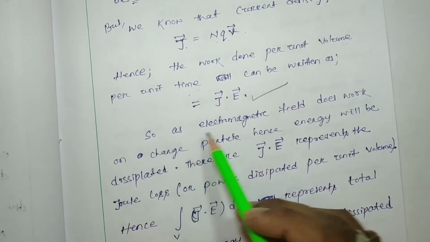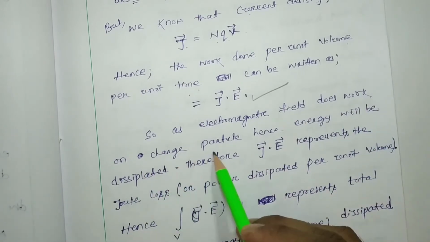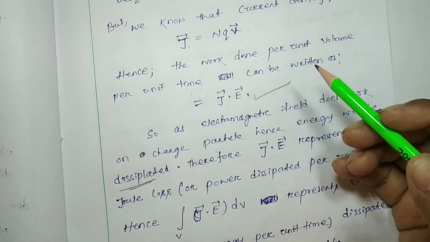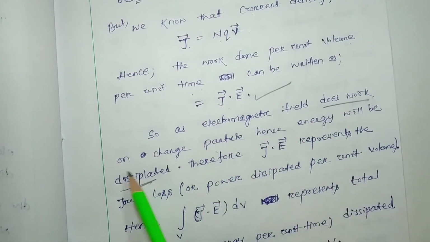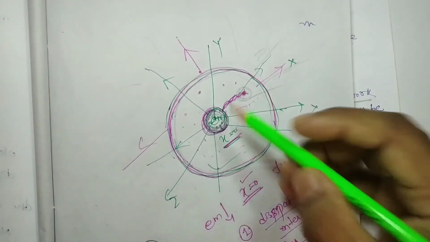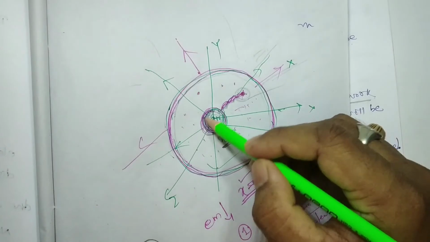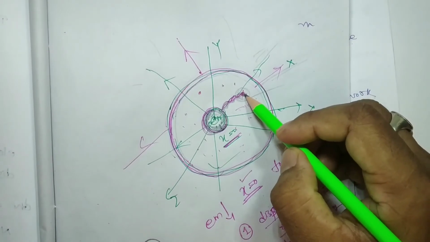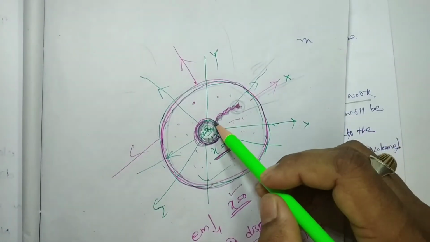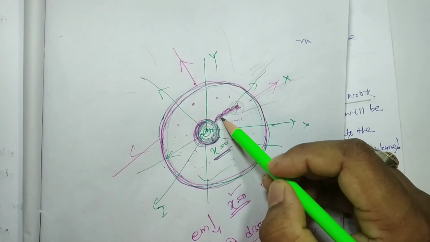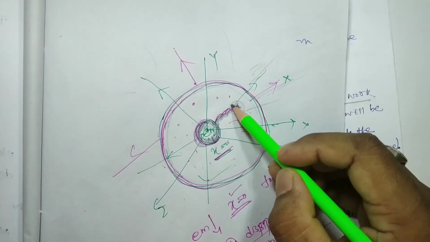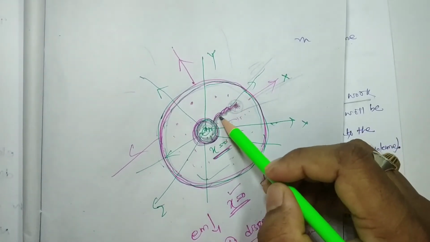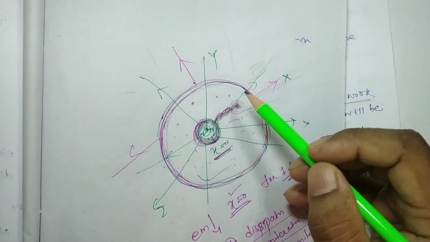As the electromagnetic field does work on charged particles, energy will be dissipated. Charged particles means when the electromagnetic wave is radiating from a point, it is interacting with atoms, molecules and ions, due to which some work is done by this energy. So it is propagating, and on the way of this propagation, many charged particles and many molecules are interacted with. Due to interaction, the electromagnetic wave has done some work.